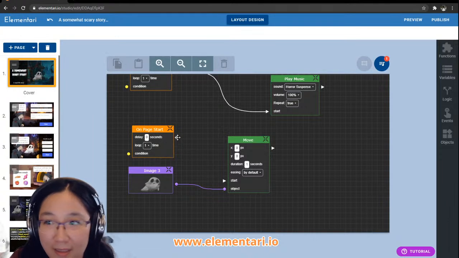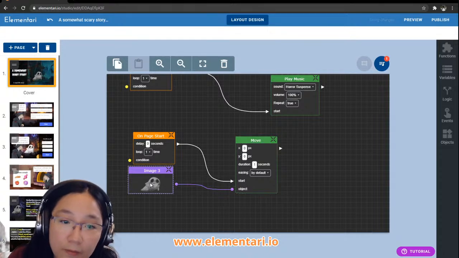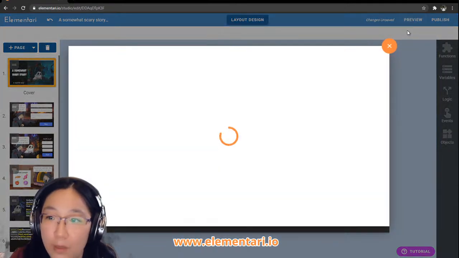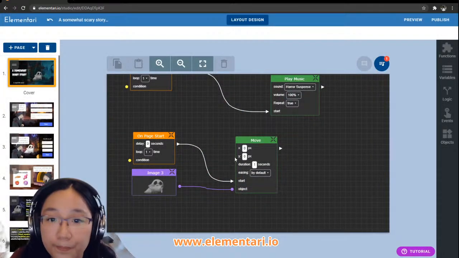Okay, well, we go white triangle to white triangle. And then let's move him a certain amount. Move moves an object relative to itself. If we put 0, 0, he's not going to move. I'm going to preview. And he doesn't move, and that's normal.